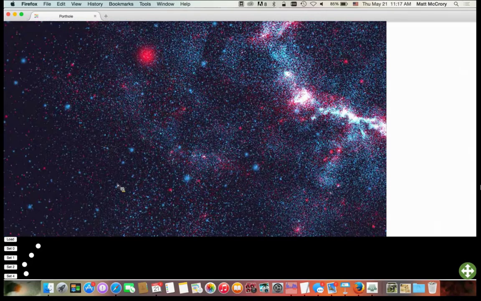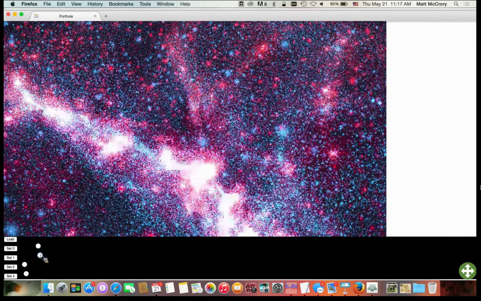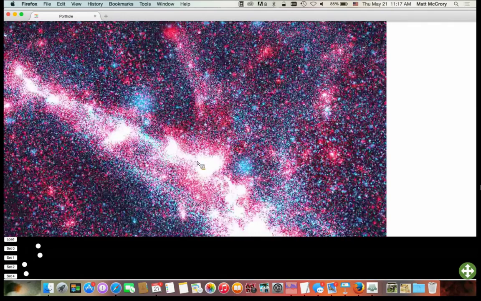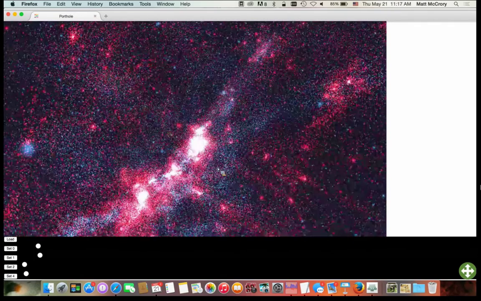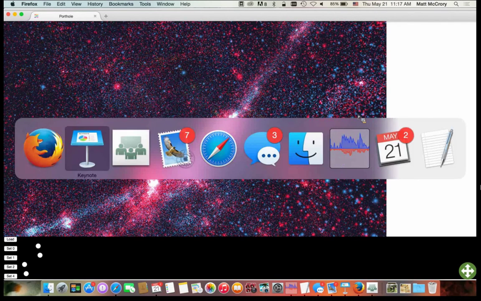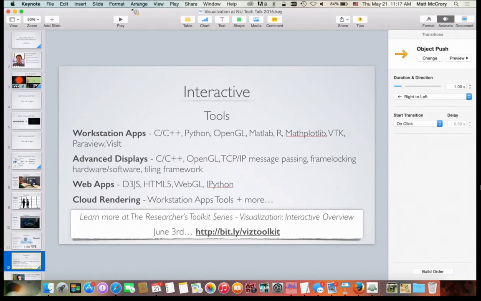So, yeah, and at this point, this is really just a proof of concept. We have a few basic sliders for adjusting some of what you're seeing here, some of the different values that are in this massive file. But eventually, you can imagine that we'll have fully featured user interfaces and things like that to really make this fully functional. So that's the demo of cloud rendering.